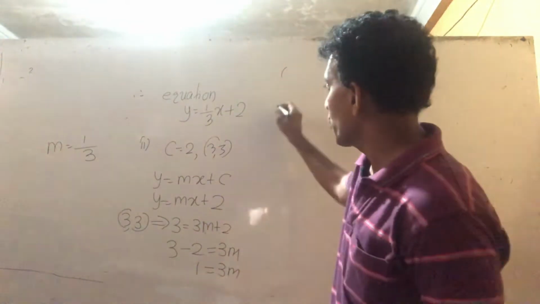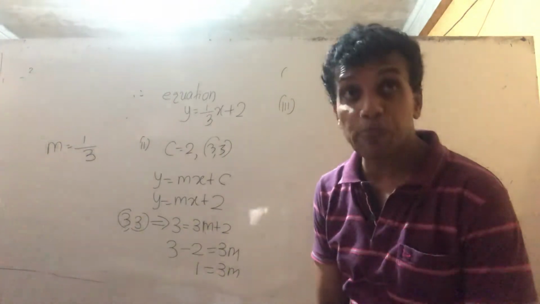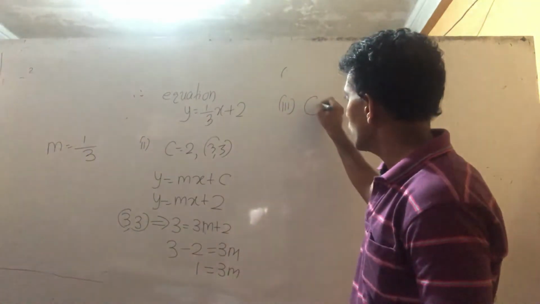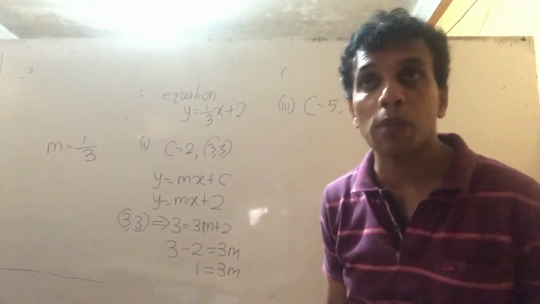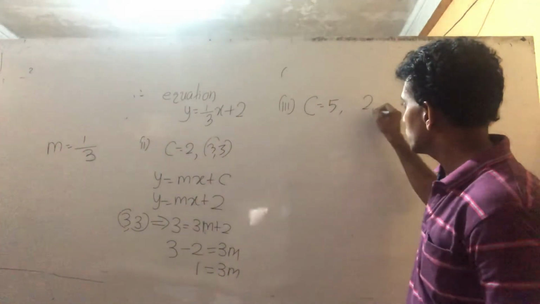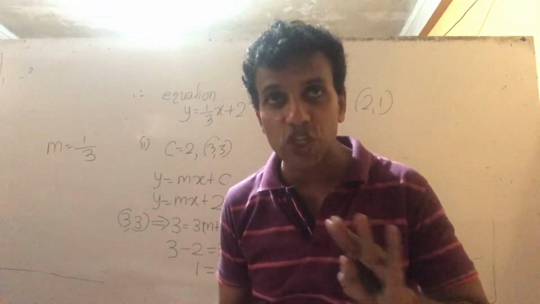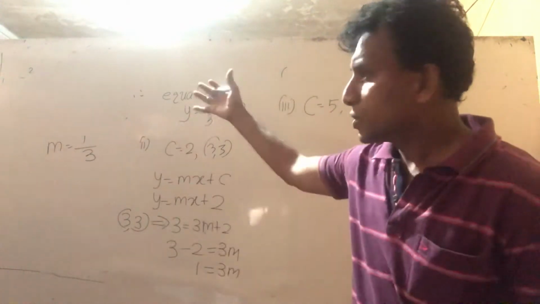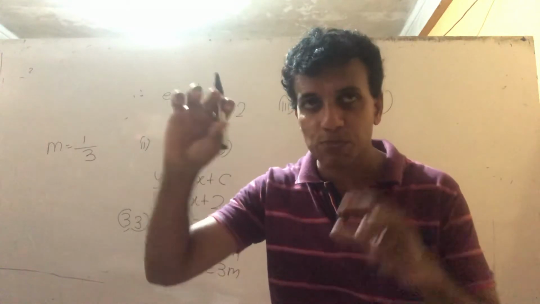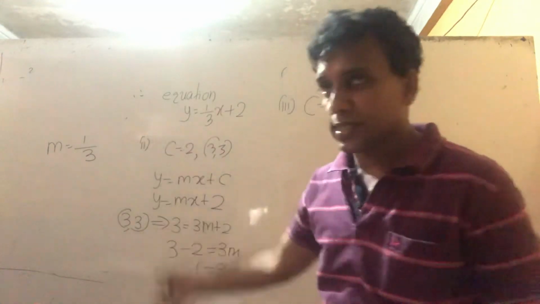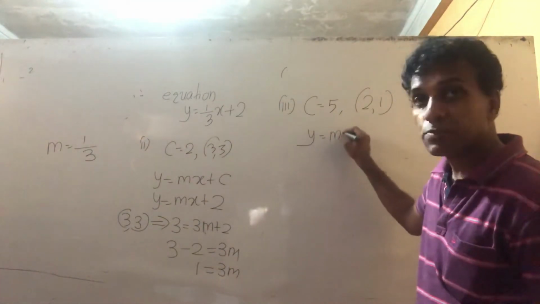Okay, see the third problem. That is the intercept 5. c equals 5 and the line passes through (2, 1). Then what is the equation or linear function? So you can teach me now, I think. The same idea follows. You have a few problems, draw a rough sketch, mark the details. Otherwise this. So wherever the equation y = mx + c,